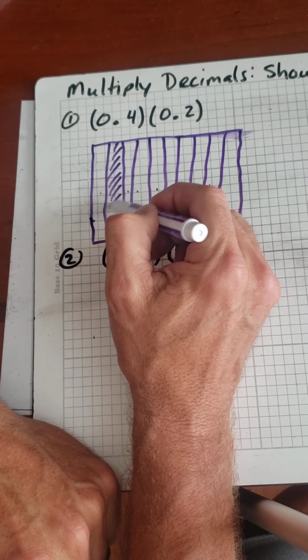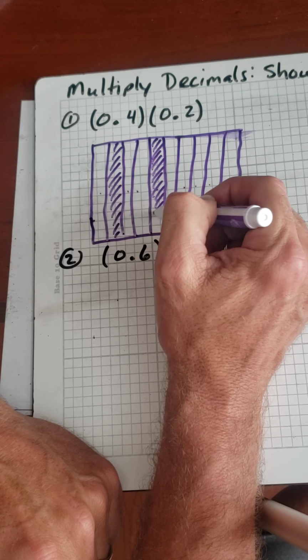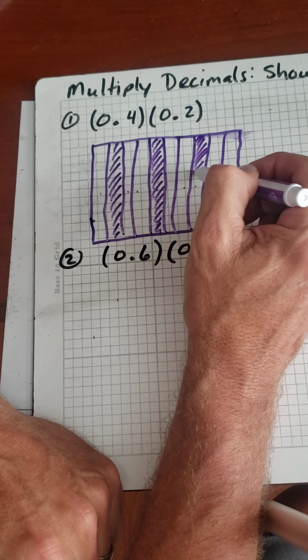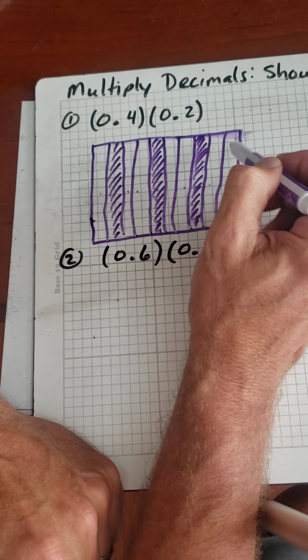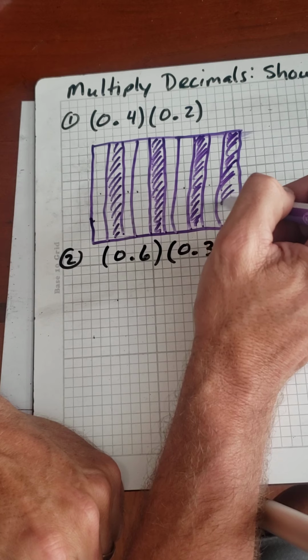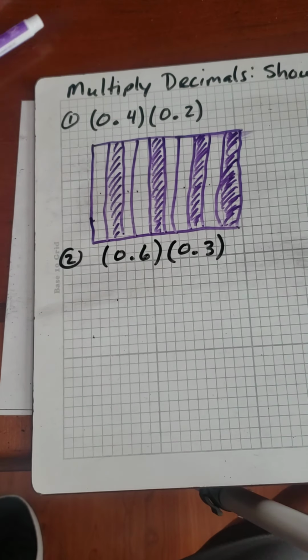There's 1. Here's 2. There's 3. And we'll call this one over here the 4th one. All right, so there. So all I did so far is I just said, okay, I've got 4 tenths of